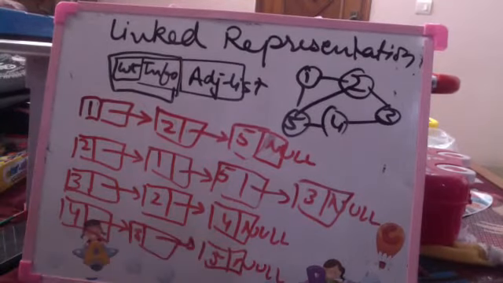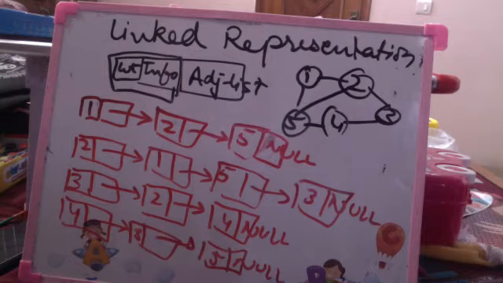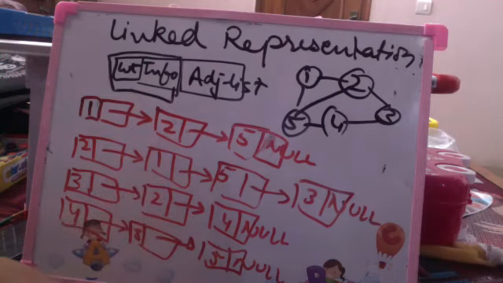Yes, ma'am. So how many lists do I have? As many lists as the number of nodes. In this case, the size of the list is clearly extendable and reducible. Depending on the number of edges, that many links will be created. Okay? So this is a very memory efficient way of representing this type of graph. Not easy but very memory efficient.